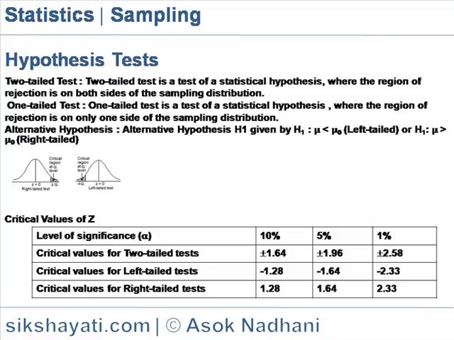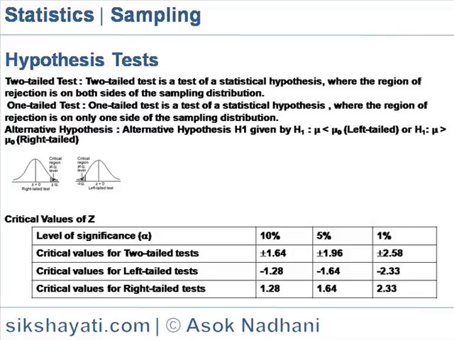Example: suppose the null hypothesis states that the mean is equal to 10. The alternative hypothesis would be that the mean is less than 10 or greater than 10. The region of rejection would consist of a range of numbers located on both sides of the sampling distribution. That is, the region of rejection would consist partly of numbers that were less than 10 and partly of numbers that were greater than 10.